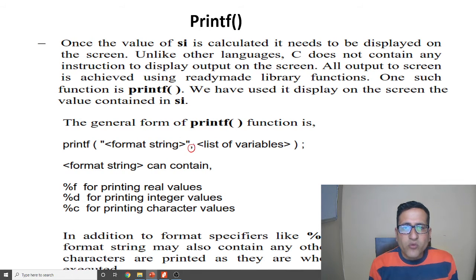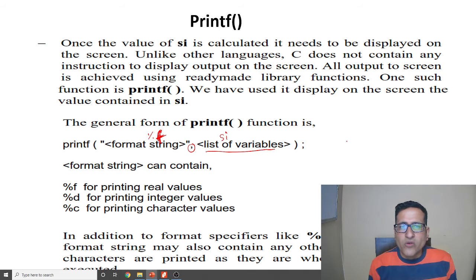After that we put a comma and here the list of the variables. If we want to print SI, we will write SI here, and here %f, because we take simple interest in float format.